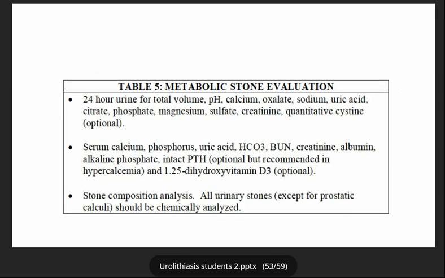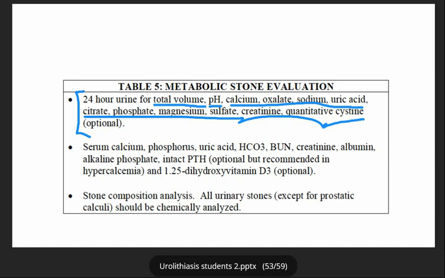And mostly in this table, it's showing you, you don't have to memorize this table, but you have to know what are the investigations we do to know what's the reason or what's the pathophysiology of the stone. So first, I have to know the volume of the urine to know if the patient is drinking enough water or not. I have to know the pH, to know if the pH is acidic or alkaline. Then I have to measure the solutes or these contents in the urine to know if something increased like calcium or oxalate, and you give medication targeting these substances. This is for urine